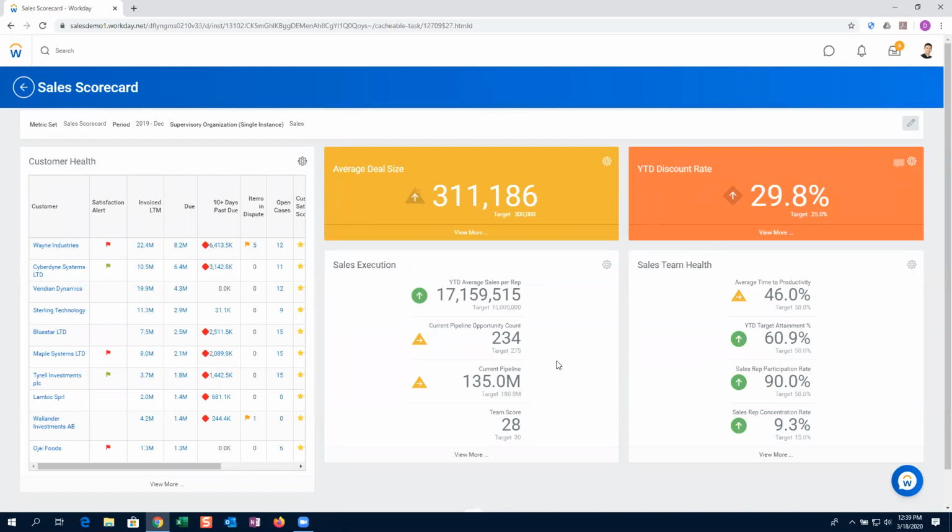So for those of you that use a CRM, that would be a simple example of where we can bring in additional data related to opportunities and help better understand the pipeline, and then create calculations for these metrics and these key performance indicators. So scorecards are a great way, especially at more of an executive level, to get visibility into the overall health of your area of responsibility, whether it be finance, HR, or in this case, a sales manager that needs to blend all of that and see it in one single place, along with some of that